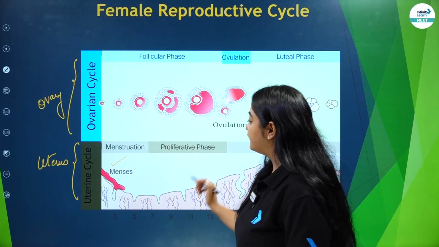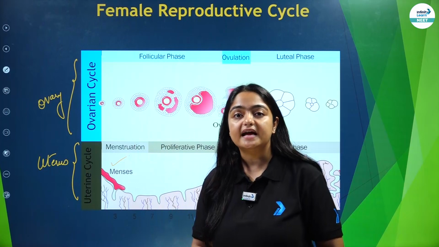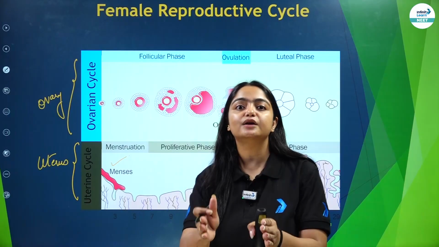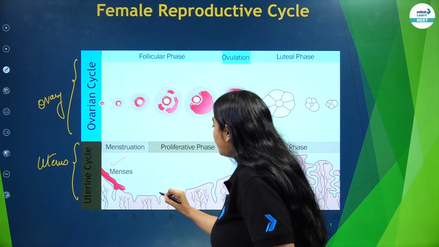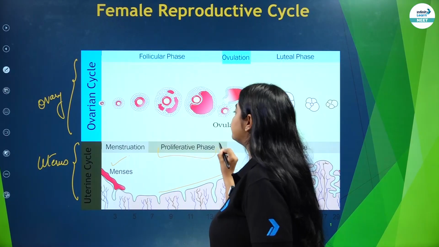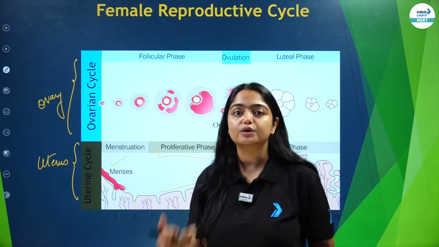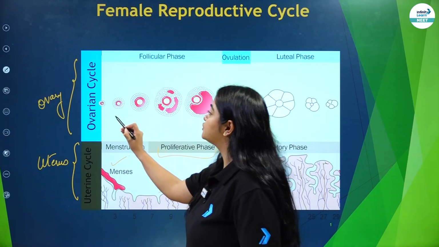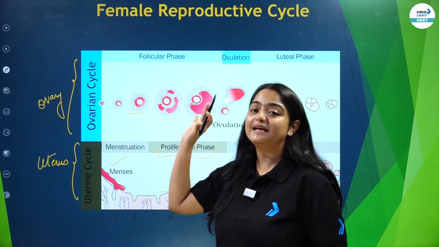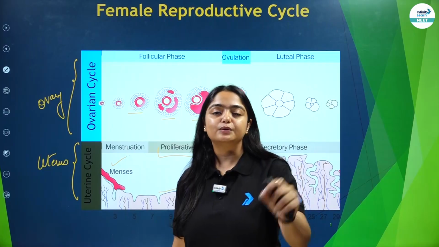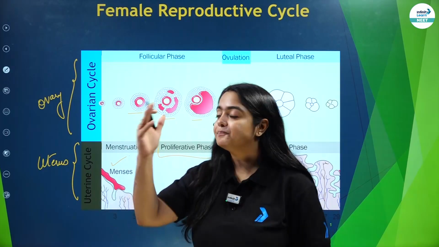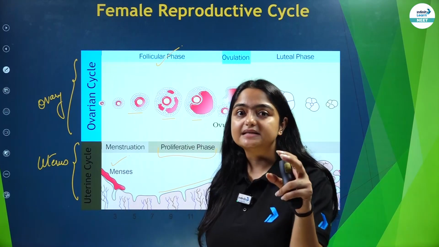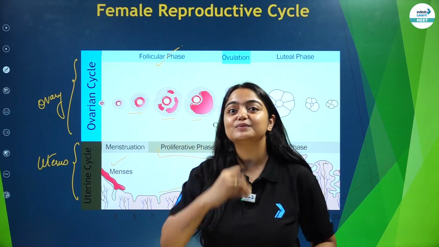And the second phase: as soon as your endometrium lining sheds, the bleeding phase ends, and as you also saw in the animation, again the endometrium lining starts forming, meaning proliferation begins. So that is why we call the second phase the proliferative phase when it comes to the uterus. At the same time, simultaneously, what is happening in the ovary? In the ovary, follicles are forming. Primary, secondary, tertiary and ultimately the Graafian follicle. So that is why the phase taking place in the ovary during this time is known as the follicular phase, right?